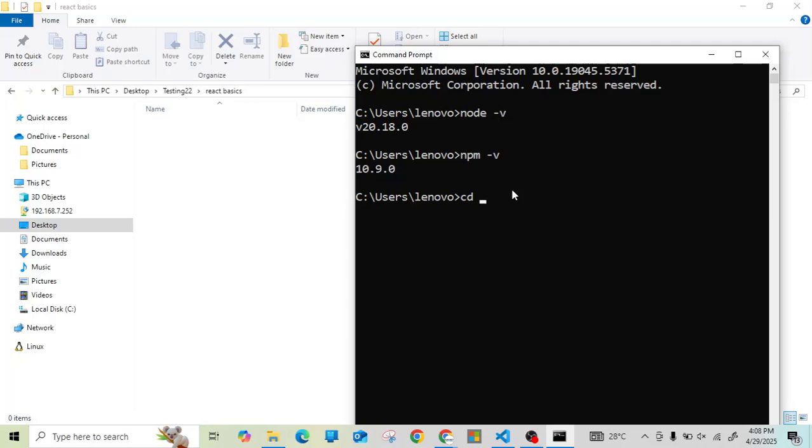So I will say cd, which means change directory, and I will first get into my desktop. Now, the last name you see here indicates the current folder that you are in. And right here I'm inside my desktop. So if I do something like ls,